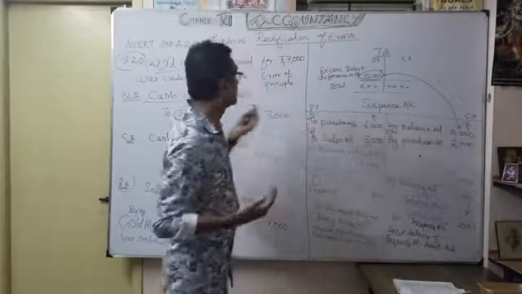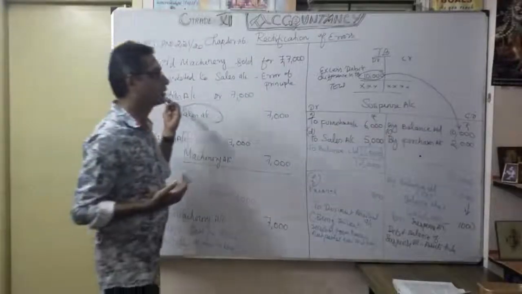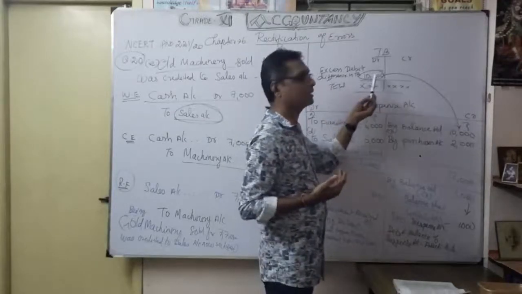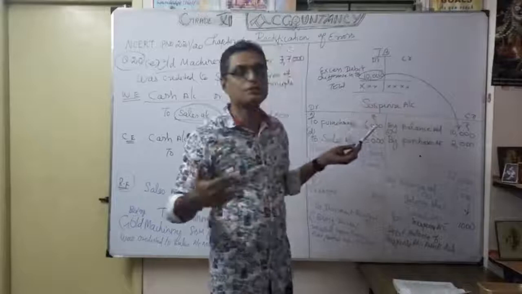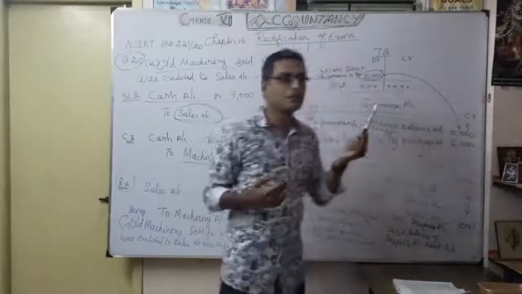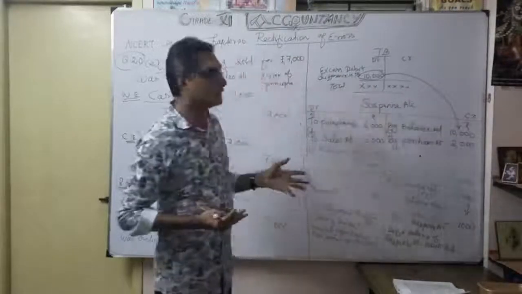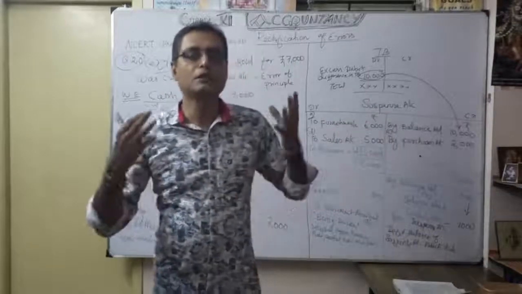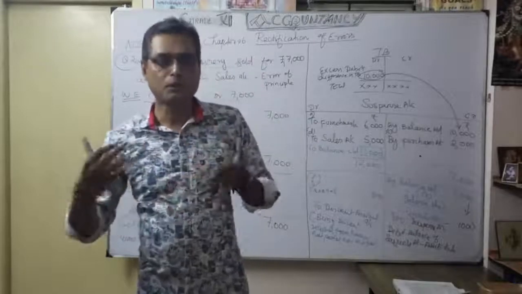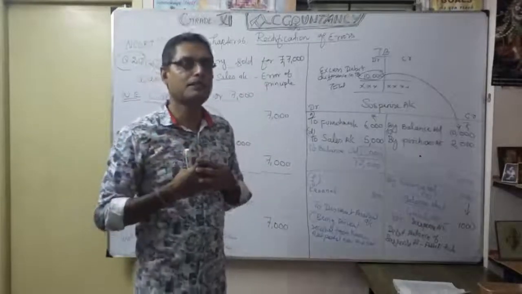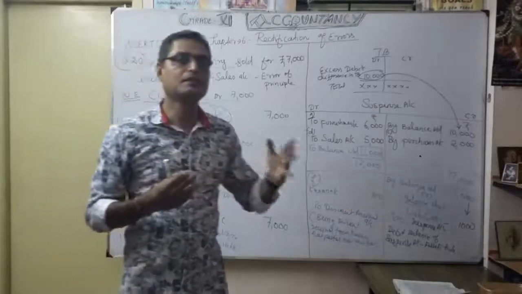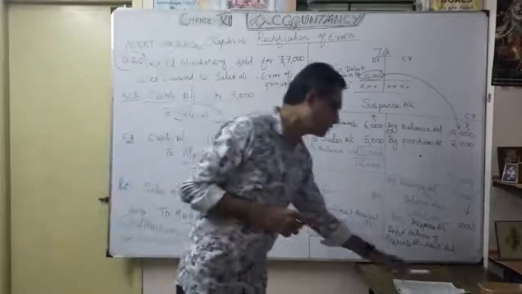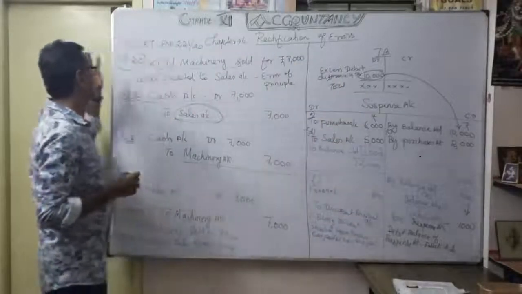Okay, that was the previous problem, question number 19. Here, question number 20, the difference is coming on the debit side. That means the difference in trial balance is a debit excess. So how are you going to show it in the suspense account? By balance brought down 10,000. After you do the suspense account, still a 1000 rupees balance is coming, and you can't locate the other error. So what will you do? The same 1000 rupees suspense account: if it is on the credit side, you show it in the balance sheet liability side; if the suspense account is on the debit side, you show it on the asset side in the balance sheet. You understood? That's what these two problems, question number 19 and 20, discussed earlier.